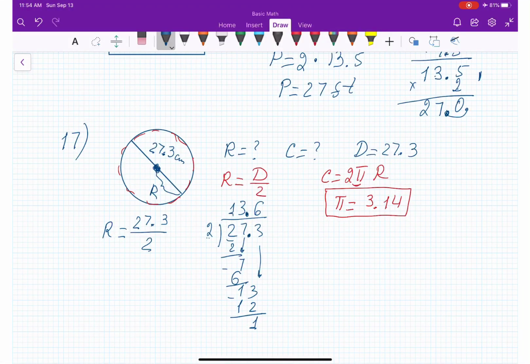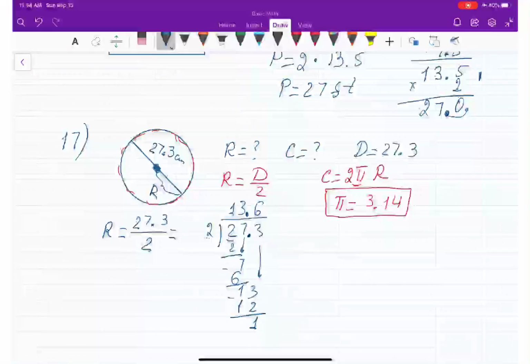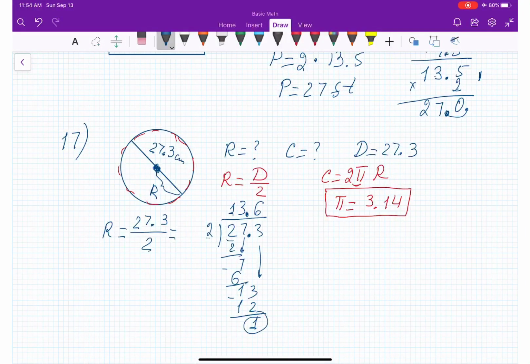So 13.6, let me write down, 13.6 and remainder is 1 over 2, right? This remainder, let me move it first. After we use it, I will clean it. Okay, so we get